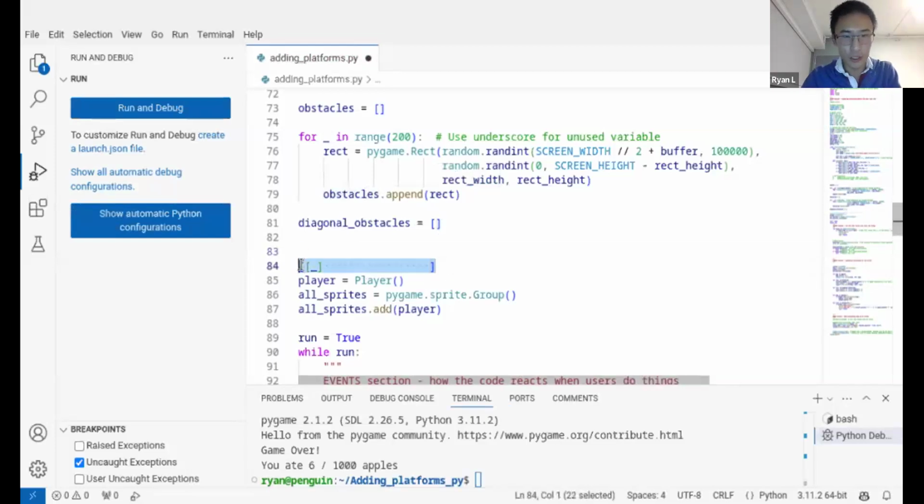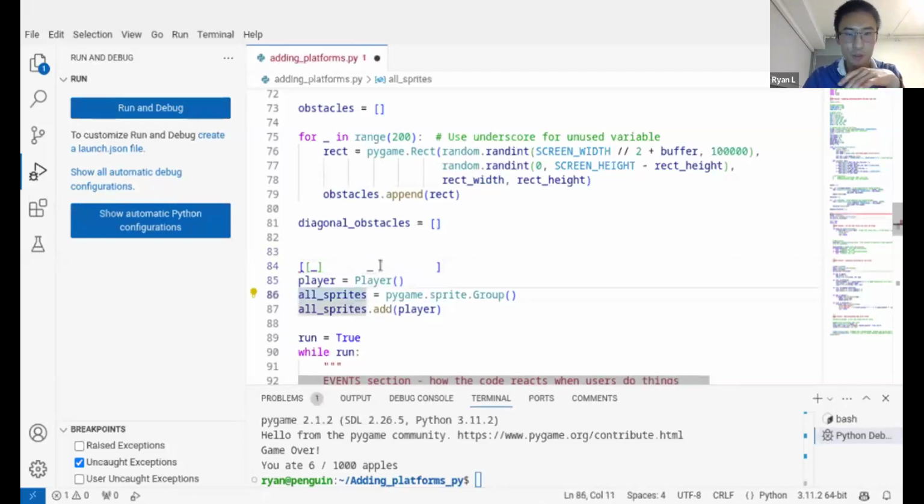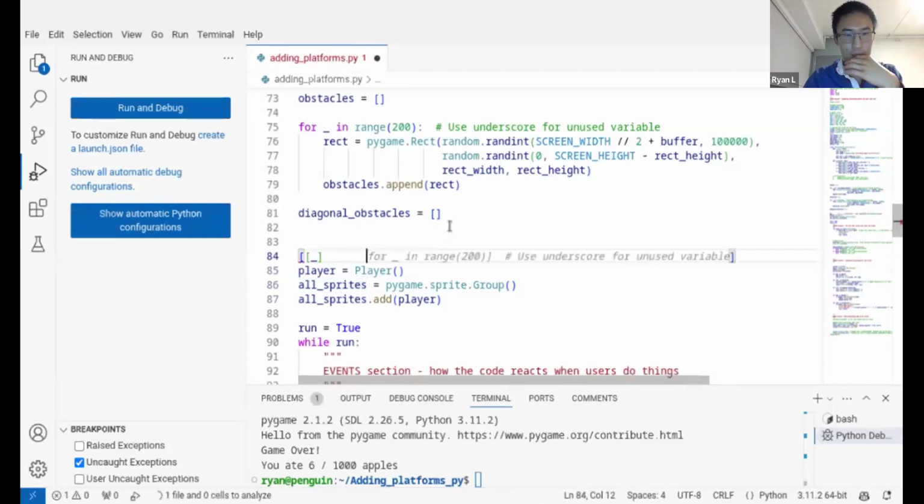So it's working with the given code. Diagonal obstacles, if we spawn them somewhere here, would just move diagonally, and then they would go down and off the screen before they ever reached us. So that's why I would say,